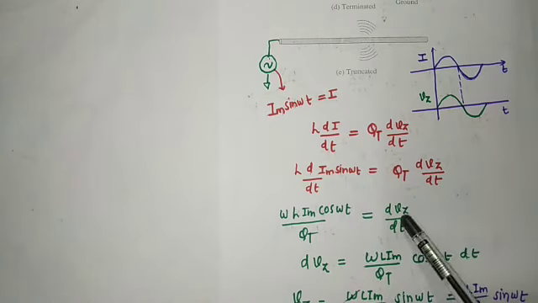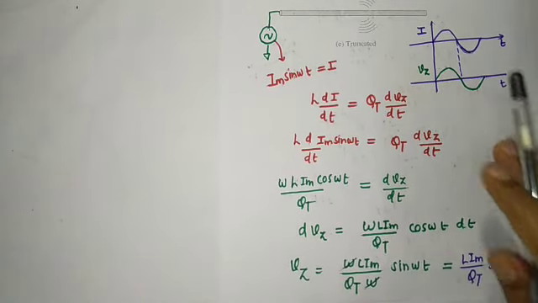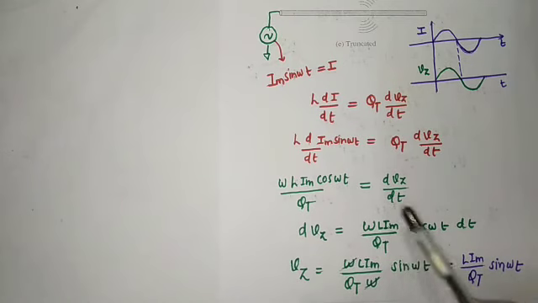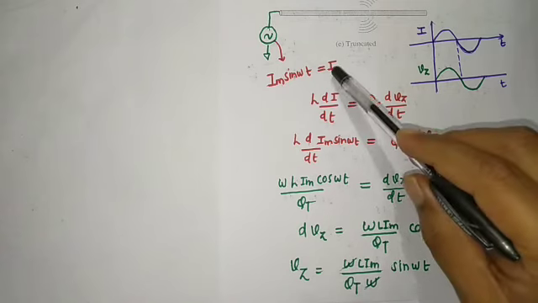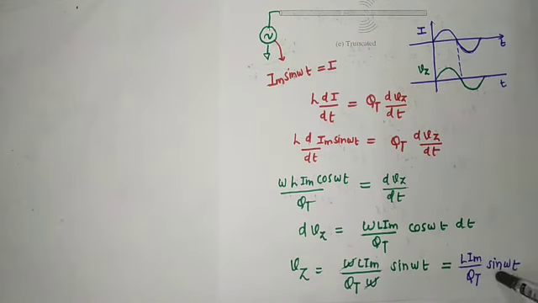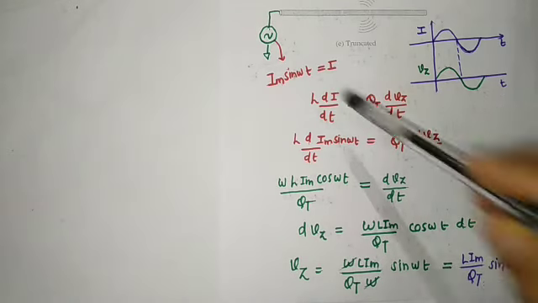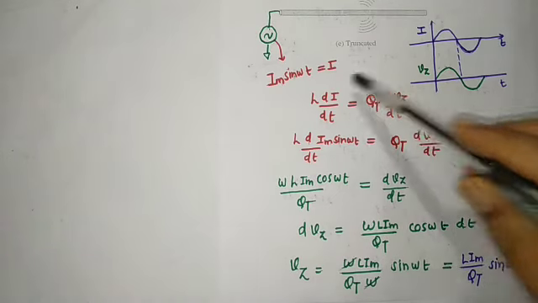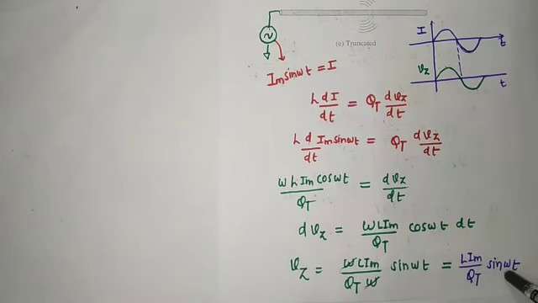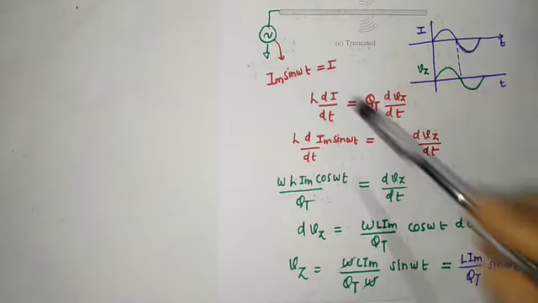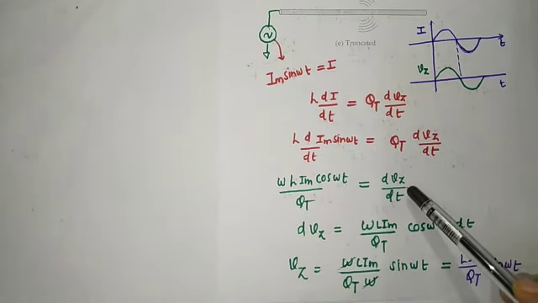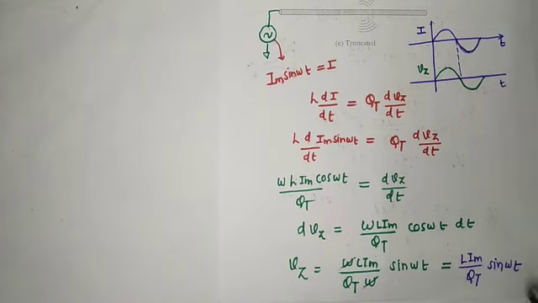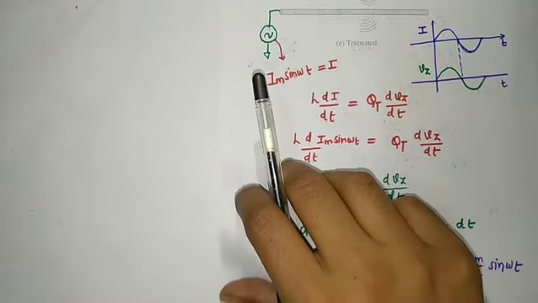Okay, if somebody asks whether we can calculate vz, yes we can. Multiply by dt, and if you integrate it again you will get the sin omega t term. Now look here: the current and the drift velocity of the electron have the same profile, because there is a sin omega t term in both, but the profile of acceleration is different. So remember that for radiation, acceleration is required.